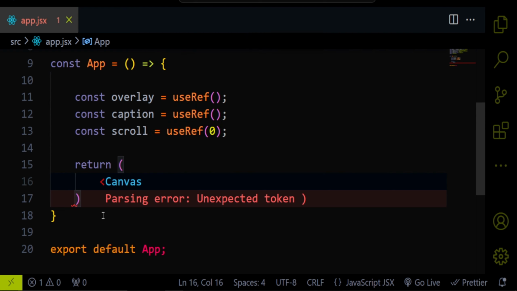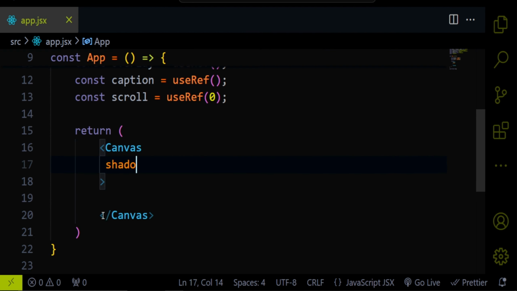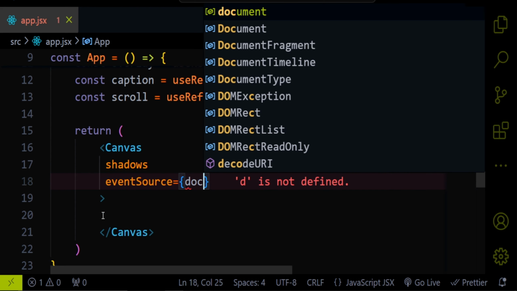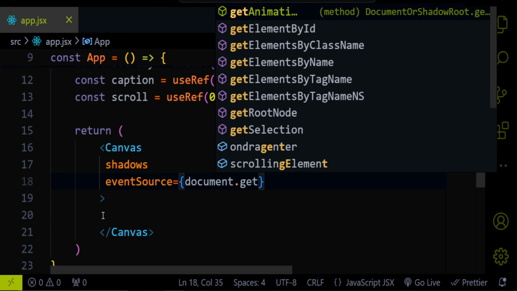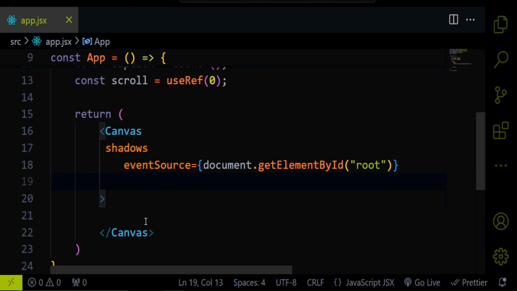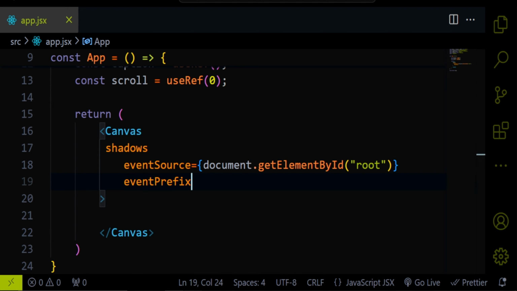Okay, scroll ref is nothing but the reference. Okay, and create the Canvas. Within that we need to provide our shadows. So we are providing the shadows of our 3D scene, and then event source. So it will be document.getElementById('root'). Okay, we are providing the event source of our scene. And then provide the event prefix, which is client. I'm sorry,